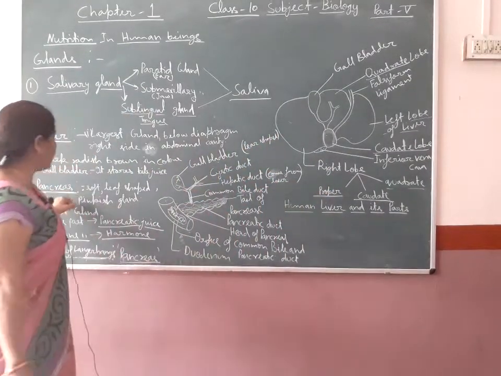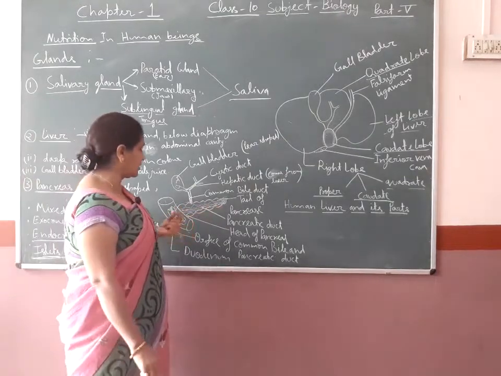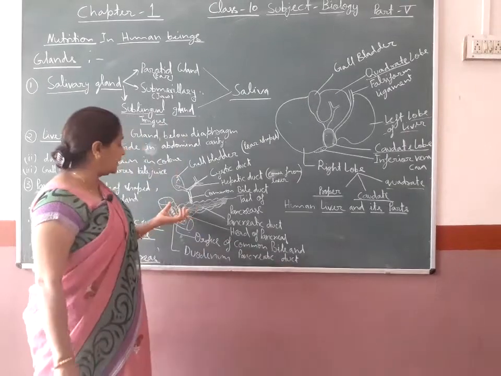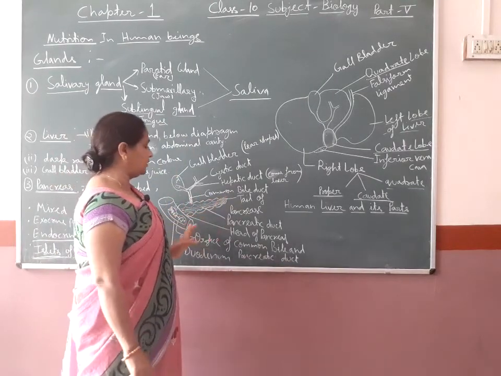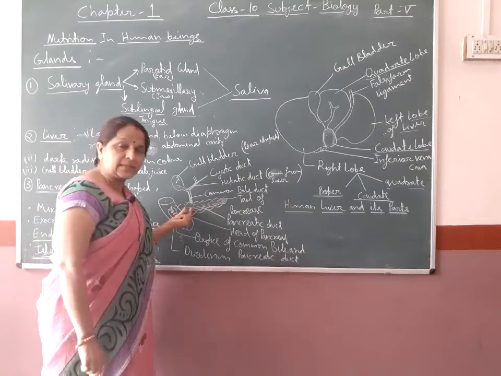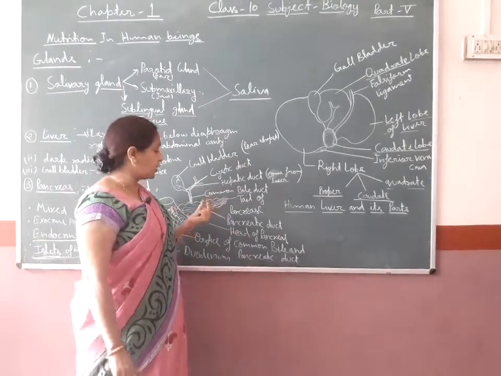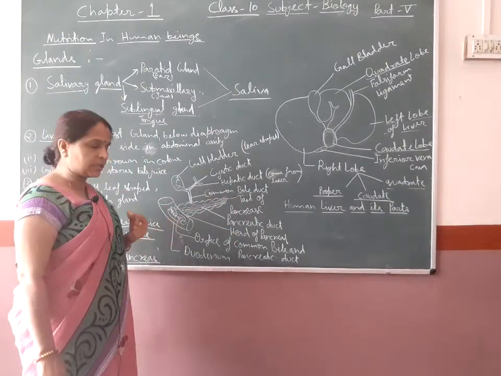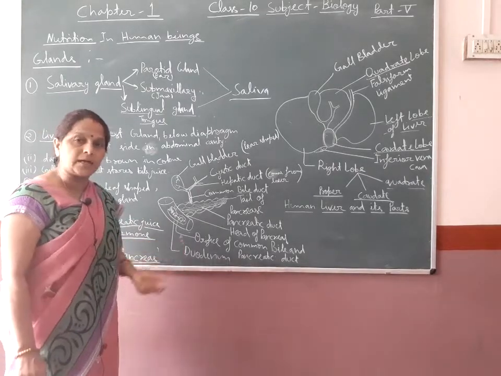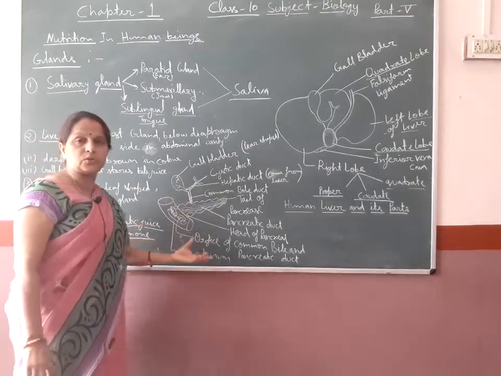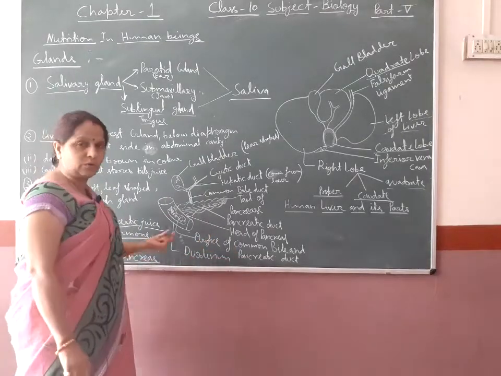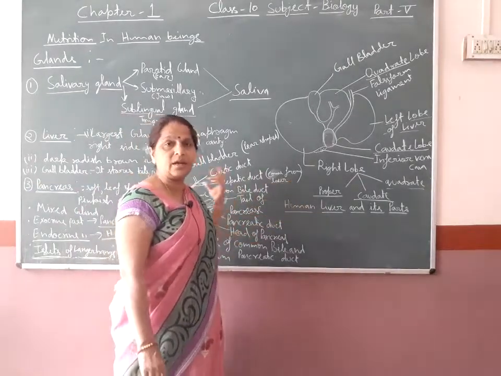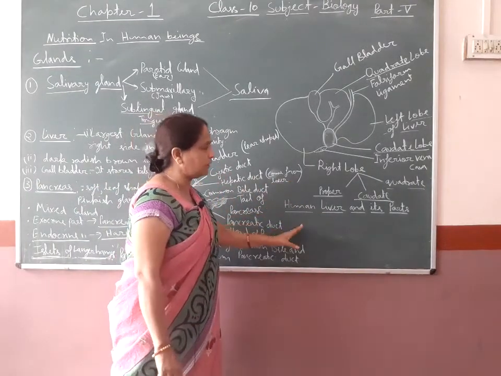In the duodenum this bile is involved in the process of digestion. So, next is the pancreas. It is a leaf-like structure and it is present between the stomach and small intestine, and it consists of two parts, tail and head. Also, the pancreas is a mixed gland. It consists of an exocrine part and an endocrine part. The exocrine part secretes pancreatic juice and the endocrine part secretes hormones. Pancreatic juice is involved in the process of digestion, while hormones regulate and maintain many biological processes in our body, that is, in the human body.